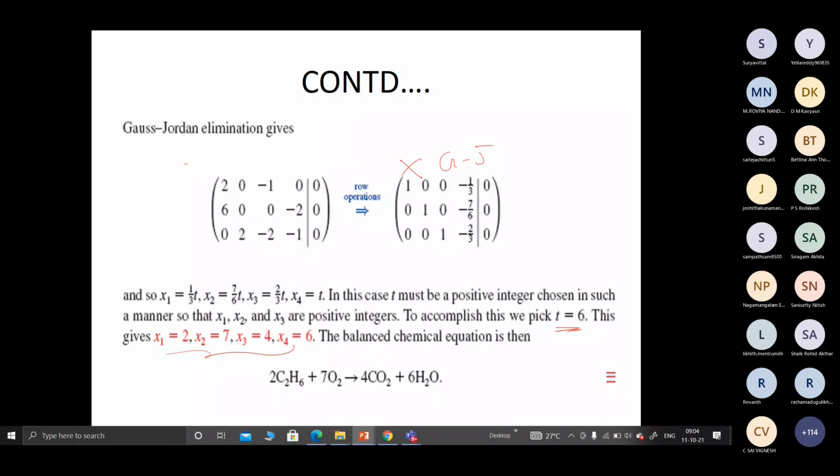Sir, even if it comes as fractions, it's fine, sir. Fine, no problem. But throughout that, you have to multiply by the LCM so that the denominator will get cancelled. You can't have fractions for the atom numbers, no? Yes, sir. So this is the practical requirement. Mathematics allows you to take any solution, but practically you have to think about which way to choose. I give access to every room in this complex, but which room you want to choose, you have to choose according to your requirement. That's the meaning.